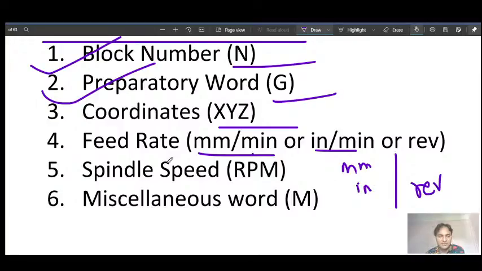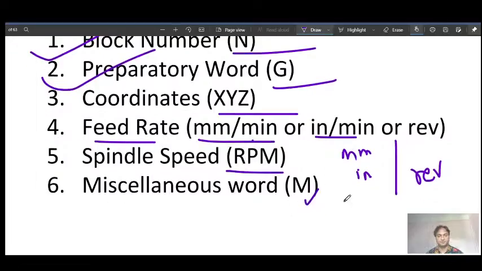This is the way we supply feed rate. Then spindle speed is given in RPM, and miscellaneous words are used with the M word.